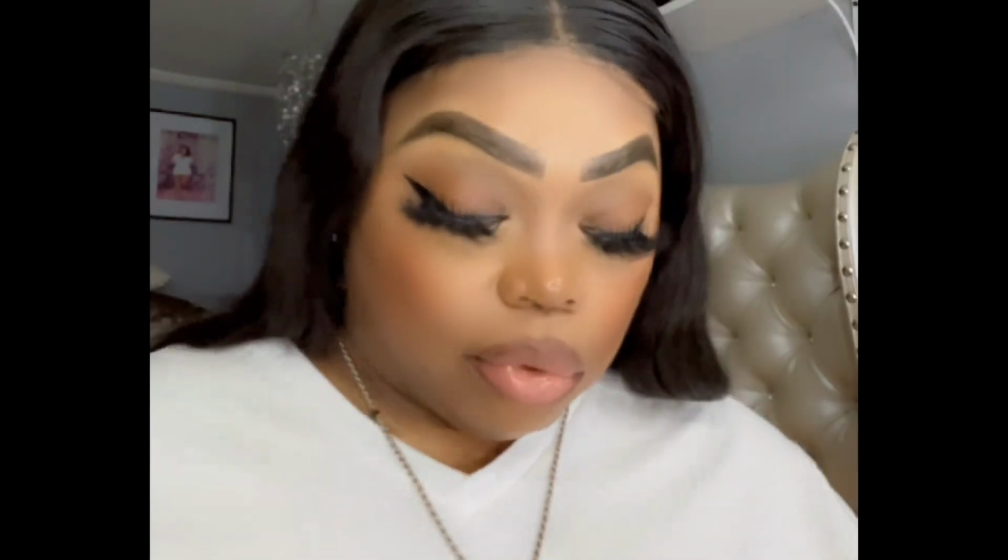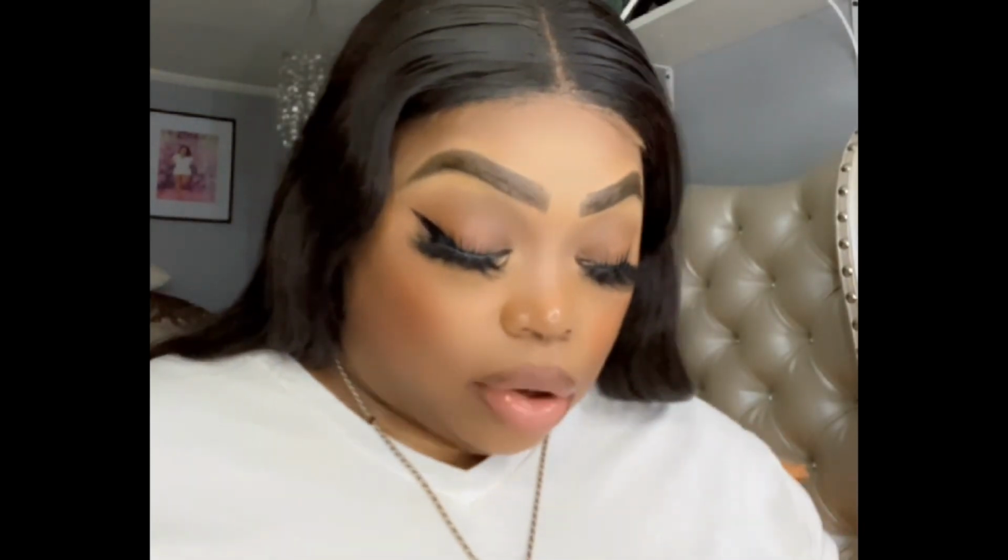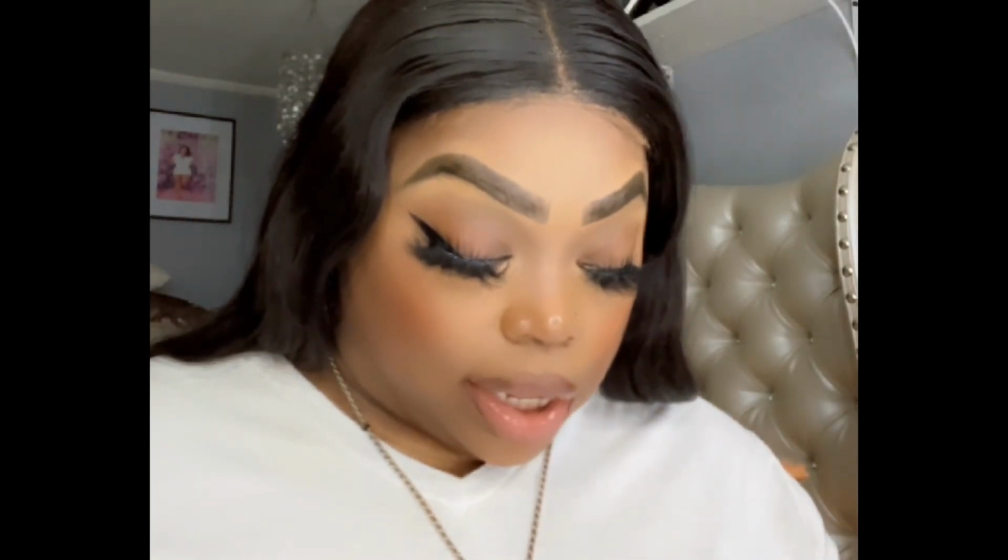I'm about to wipe this off because I do not like that. I don't like how I look. I don't like the fact that it's on the top of my lip. It's not even on my lip. It's on the top of it. Like, I don't like that. So I'm taking this off. It might mess up my makeup or whatever. But it's cute on some people,